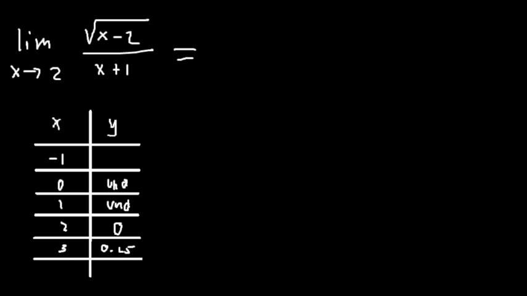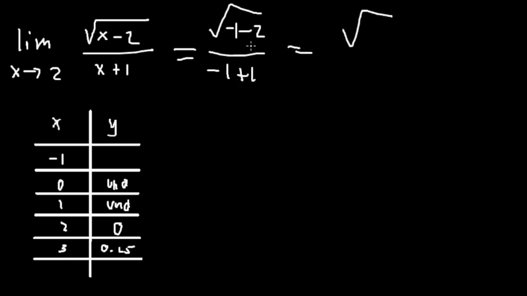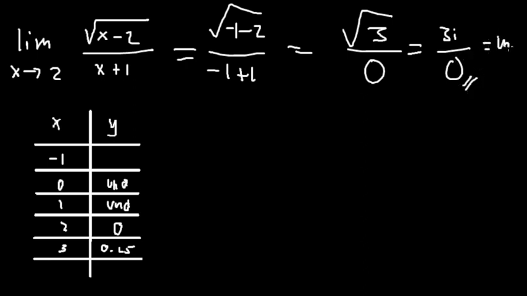Negative 1 na pala. So negative 1 minus 2 over negative 1 plus 1. So it's just square root of negative 3 over 0, which is 3i over 0, which is just undefined kasi dinivide siya by 0. Undefined. So it's undefined. So what did you notice